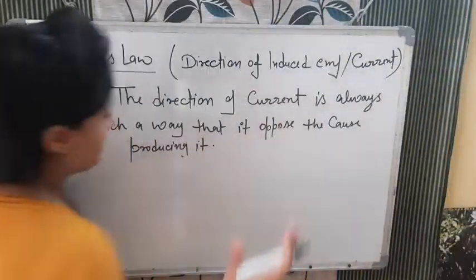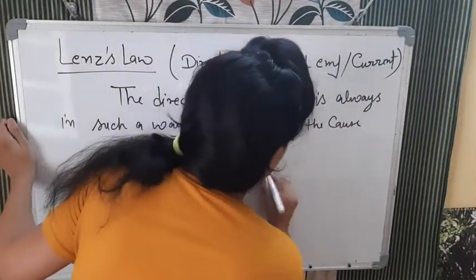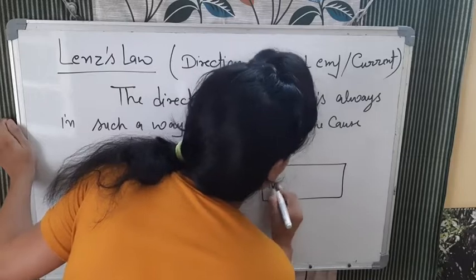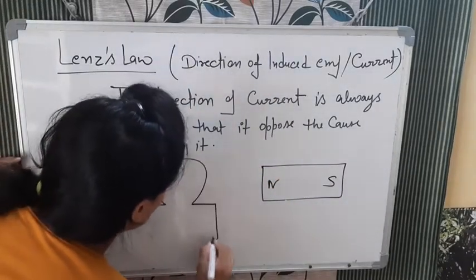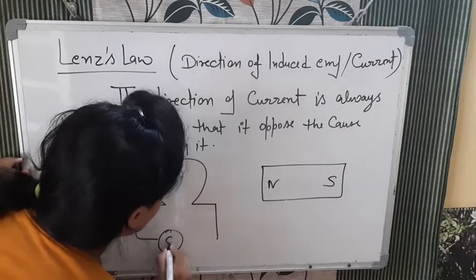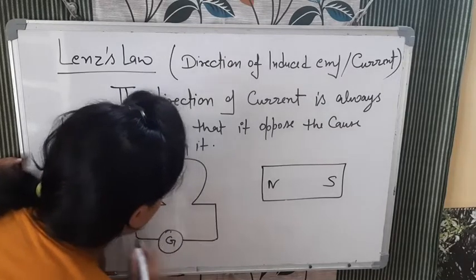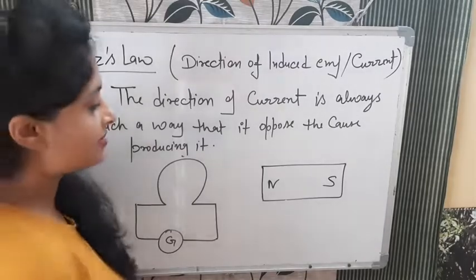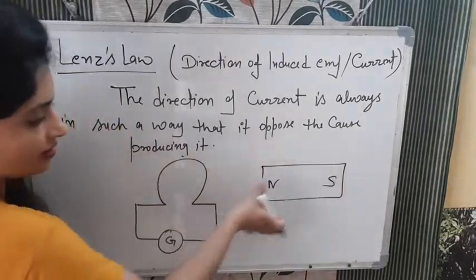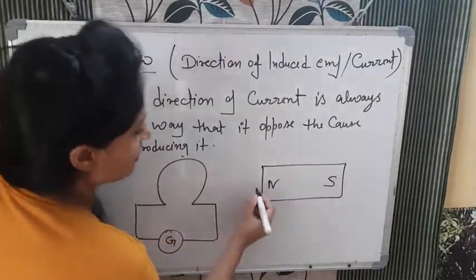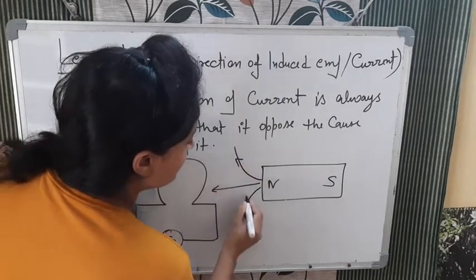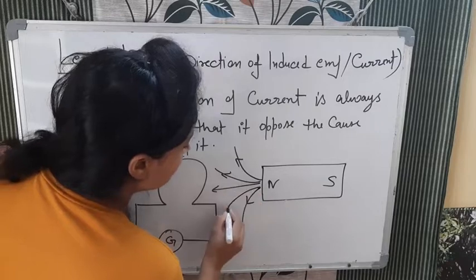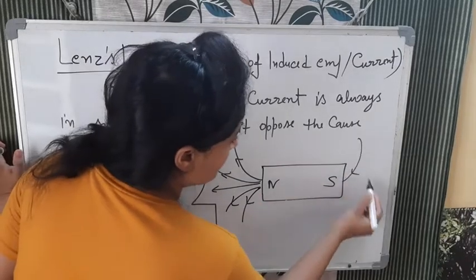See, Faraday का जो experiment था, we are taking again one magnet. Here it is north, here it is south, and here I am taking one coil and galvanometer connected here. Now both are at rest, nothing is here. Now I am saying that I am moving this magnet towards this coil. Now you all know that magnetic field lines are like this and south it will be like this.